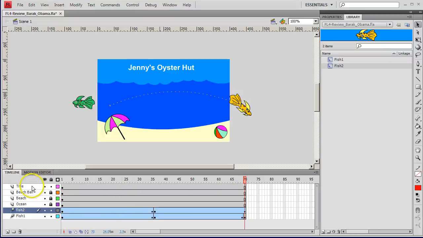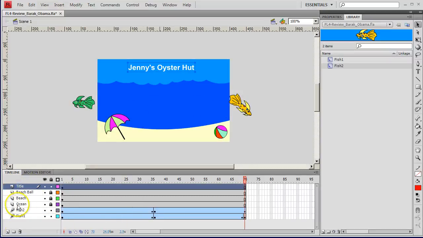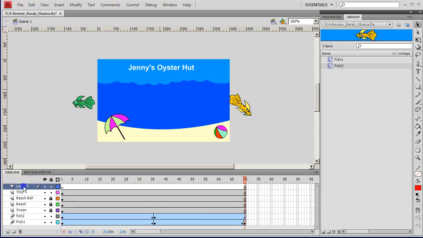Next thing we're going to do is our mask. So let's select the title, and we're going to make a new layer. We're going to call this the mask layer, M-A-S. Okay, the next thing we need to do is